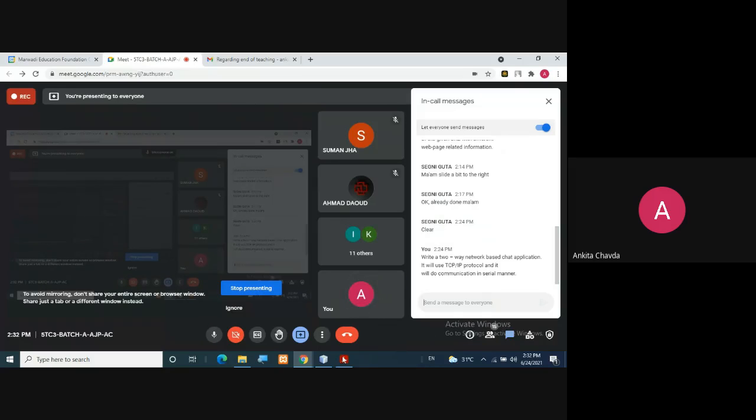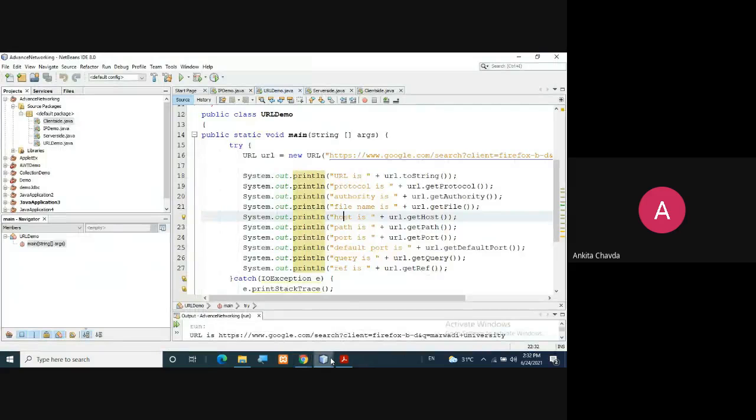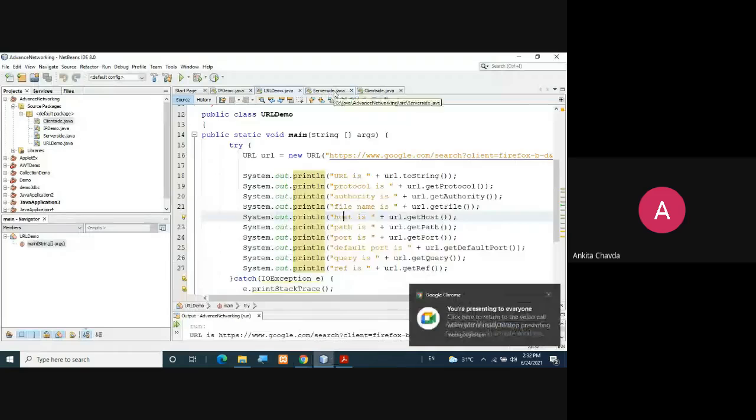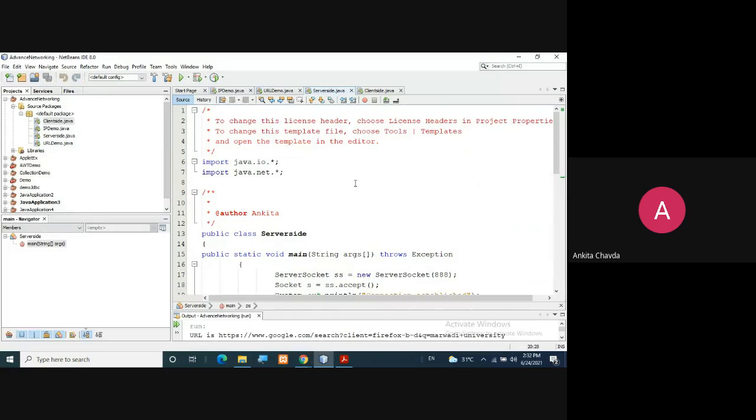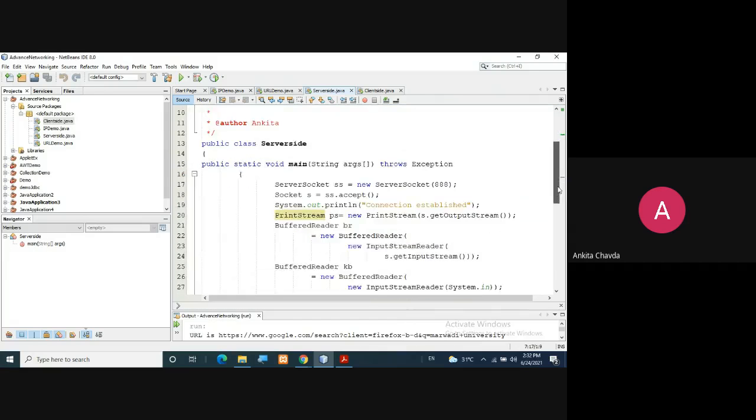Fine. So in this third program, what we are doing is we have the chat application. You can understand we are using a server socket here, right? Because we want the server side as well as the client side. If we are working on the server side, all the classes, the ServerSocket and Socket classes, are from the java.net package. So we have imported that.